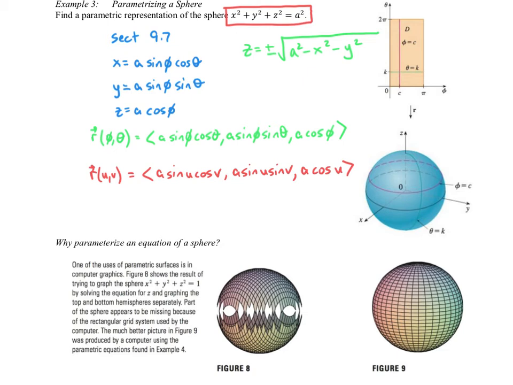Obviously, your calculator cannot graph a three-dimensional object, but if you ever try to graph a circle on a calculator, where you solve for the top of the circle and the bottom of the circle and graph it as two different functions, those graphs never touch because your calculator cannot draw that vertical line. So there are issues with complex surfaces when it comes to our Cartesian approach because of the vertical